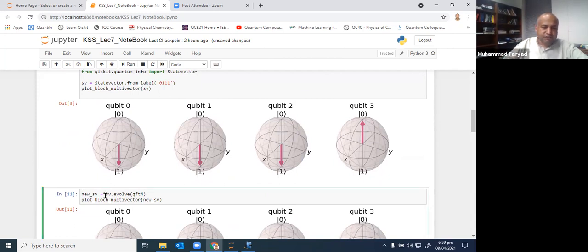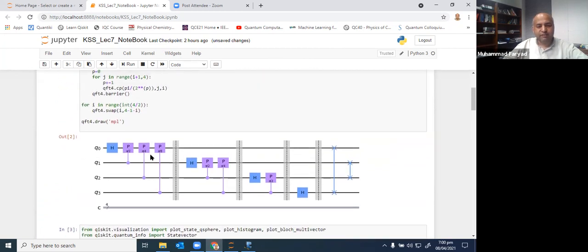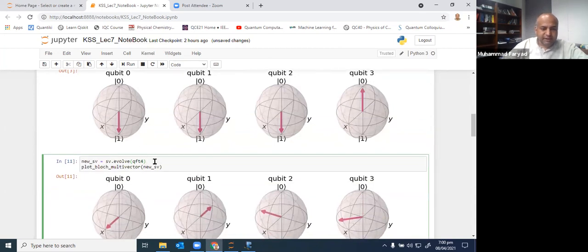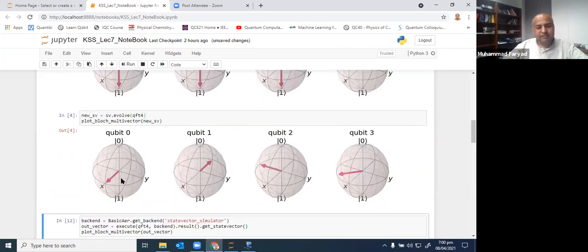And then I evolve this SV state that I defined over here as 0, 1, 1. Let's evolve it under this QFT4 circuit that we just defined over here. This is the quantum Fourier transform. And then I plot this new state vector again. So let's see. Now you see this state vector has all its qubits in the XY plane. So in the XY plane, you have one vector like this, the other this, this, this, this. It's a bit harder to see over here because you are seeing it as a 2D computer screen representation of the 3D. But what is happening is that we have all these qubits at different positions in the XY